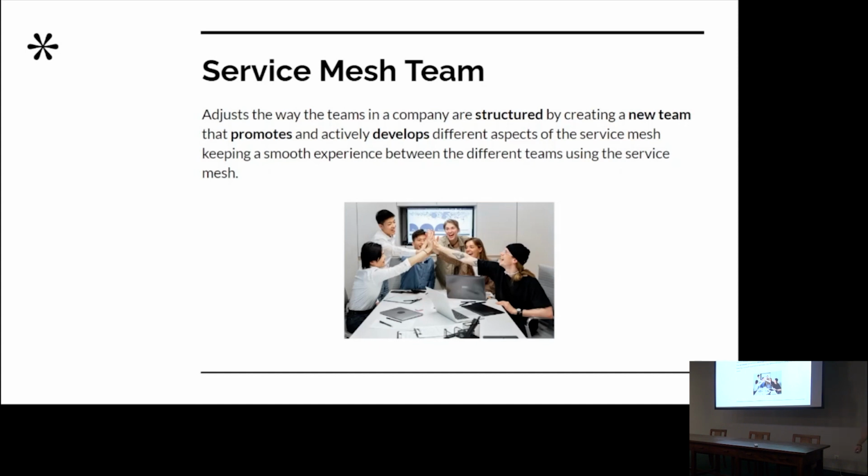So let's go back a little bit. We have a monolith. In the monolith, every team is dependent on each other, it's a problem. We go to microservices. Teams do not depend on each other, that's good. And now we have a service mesh. Now all the teams that want to use the service mesh are dependent on each other because they need to apply configurations. That's a big problem again, right? And then the service mesh team removes that dependency from team to team, and now all the teams depend on the service mesh team, diminishing, sorry for my English, the number of dependencies.